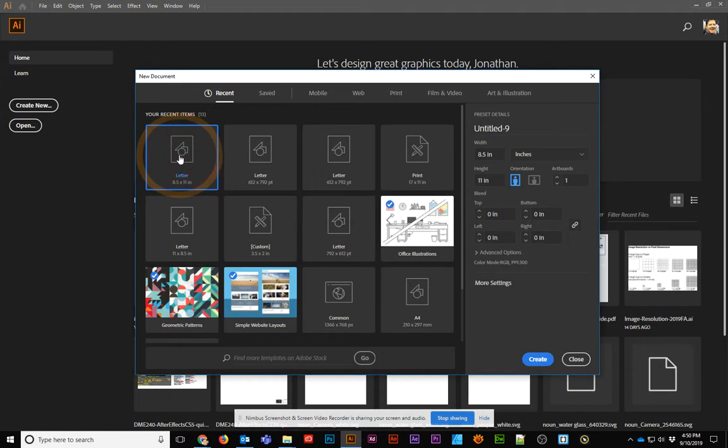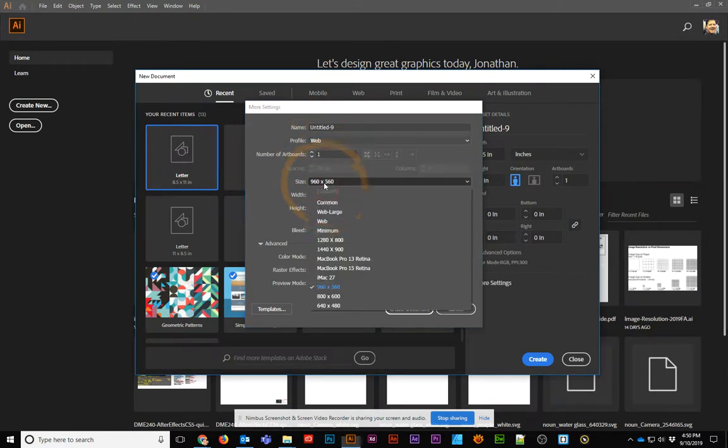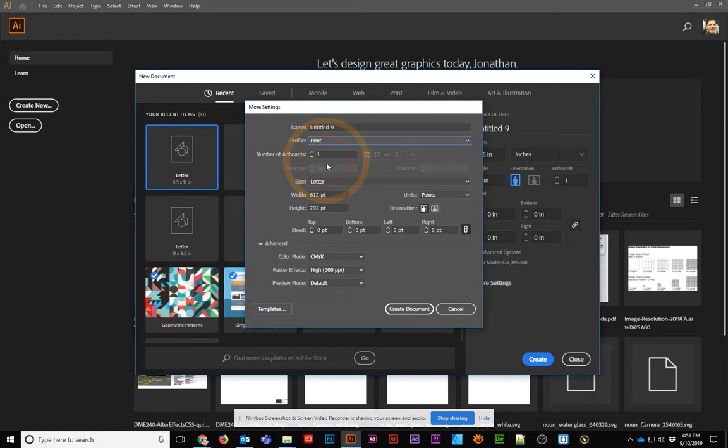And when I go to letter, I'm going to go to more settings, and this is going to bring up kind of an old school dialog box. What's nice about this is that I can see a little bit more. First off, I know that my profile is going to be print because that's what I'm going to go with. And that's why it gave me letter as a size. If I went to the web, then you'll see that it generally will try and put me into like pixel dimensions. But I'm going to go back to the print because I know that I want to have an 8.5